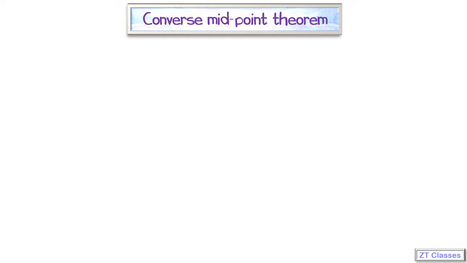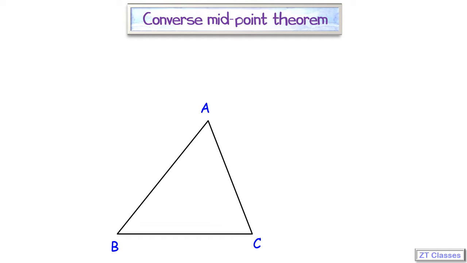So before checking the proof for converse midpoint theorem, let's check what is converse midpoint theorem. So if you take any triangle ABC, on any one side you take a midpoint. So here I am taking point D, and you draw a line parallel to the second side. So I am drawing a line parallel to second side BC. Then this red line will intersect the third side at a point E, such that AE will be equal